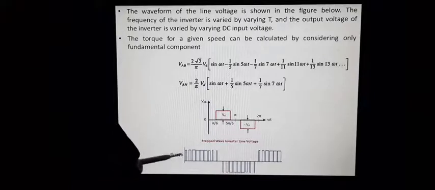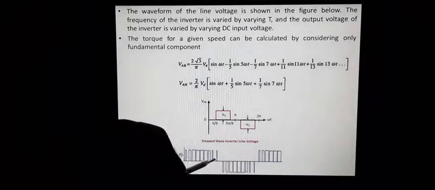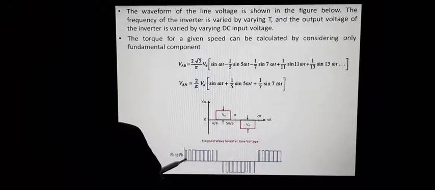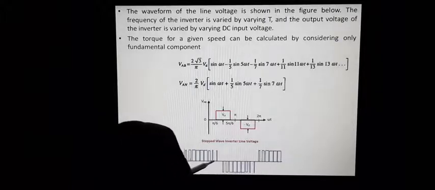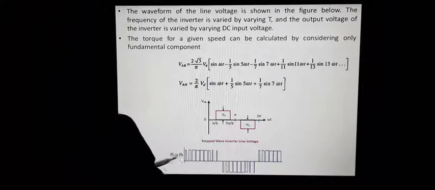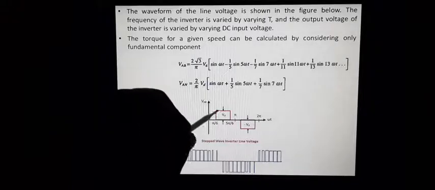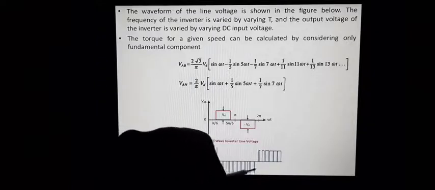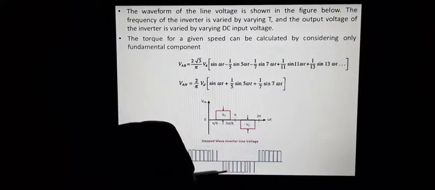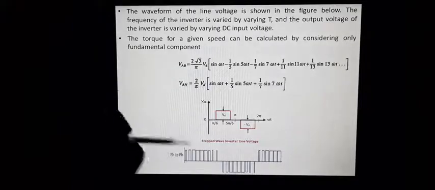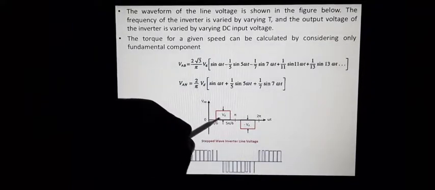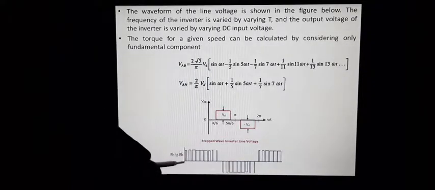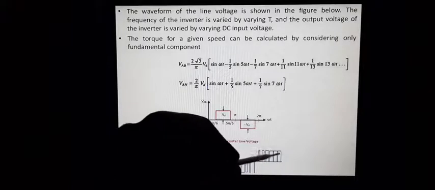You will be able to see in the case of SPWM inverter, the pulse widths are different. Starting, the pulse widths are small, then the pulse widths are increasing, thereafter the pulse widths are decreasing. Actually, this is not the pulse width, this is just like how you have obtained the stepped wave at the output. This is the same output voltage which you are getting when we are using SPWM inverter. So comparing with the stepped wave inverter, here the shape resembles that of a sinusoidal wave.